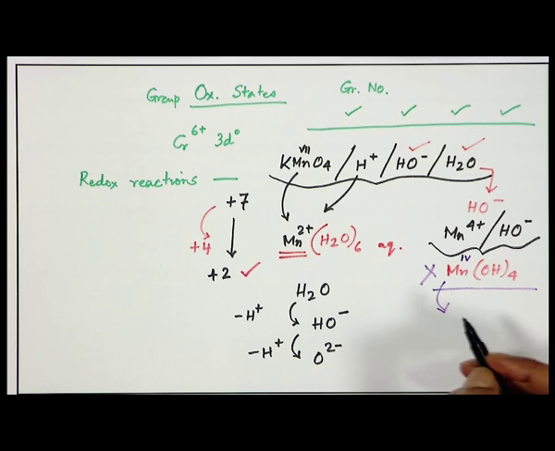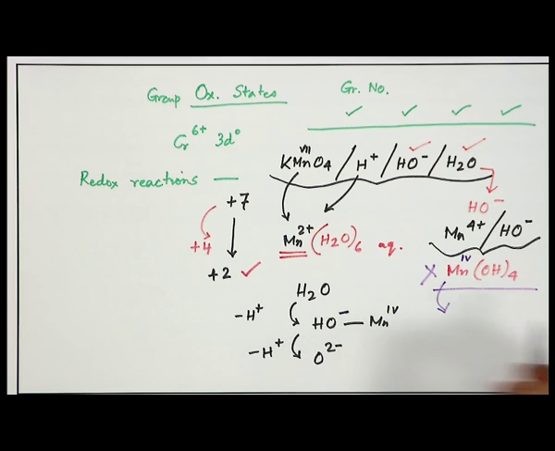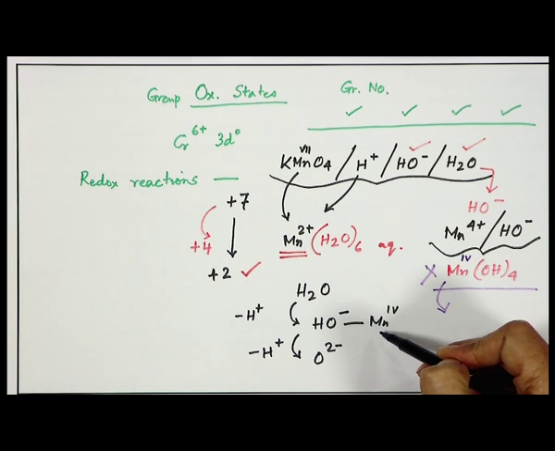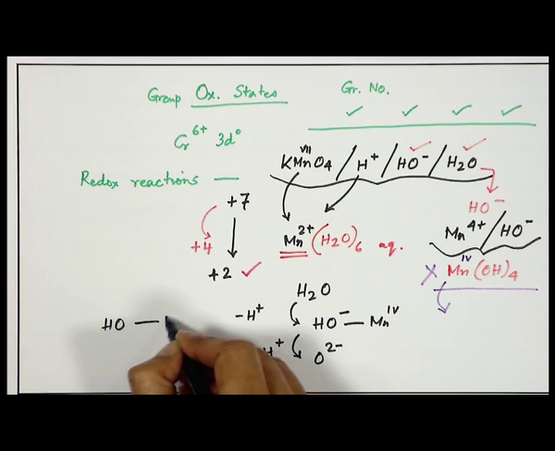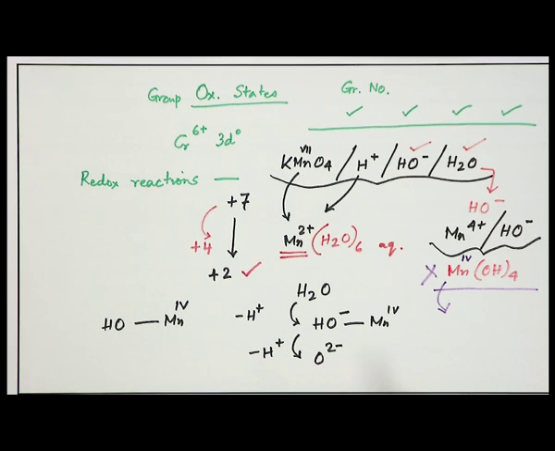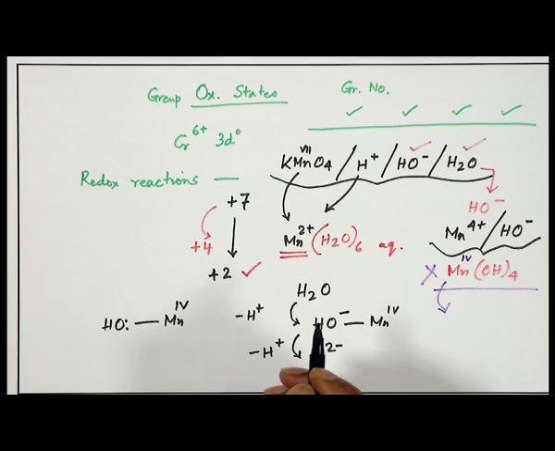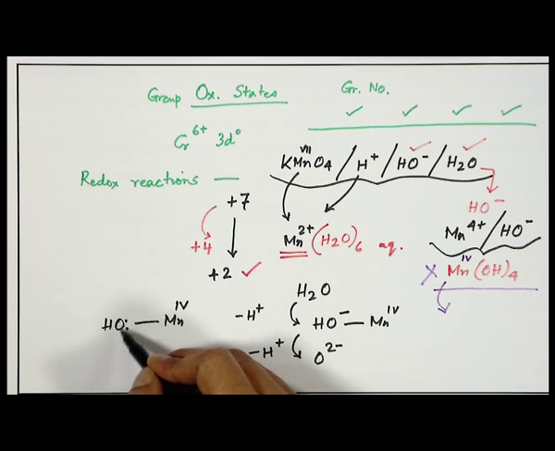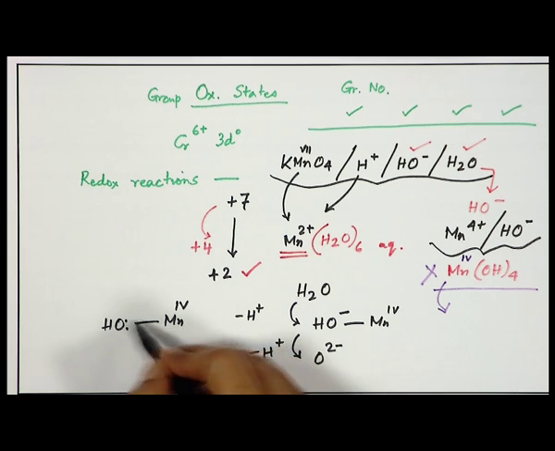So, at one point of time, if you have hydroxide bound to the manganese(IV) center, the tetravalent manganese center, this manganese is bound through these lone pairs of electrons. There are more lone pairs of electrons on the hydroxide ion. So, the more electron pairs it has, the more it will attract electron density,